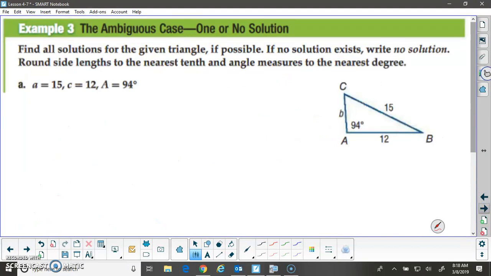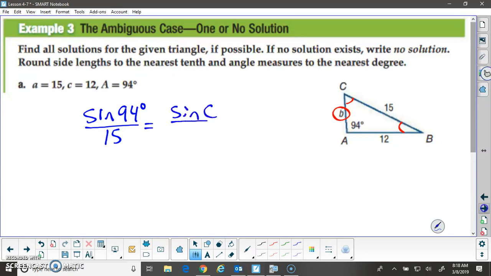The next one is we're given two side lengths and an angle. So on this problem, to use the law of sines, you can see we've got two missing angles. They are angle C and angle B. And we have one missing side length, that is length B. So using the law of sines, we'll say the sine of 94 degrees divided by 15 would equal the sine